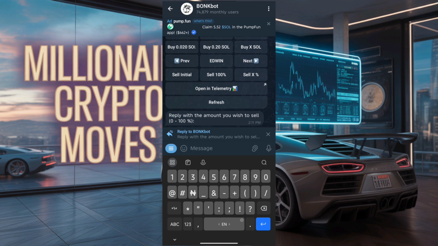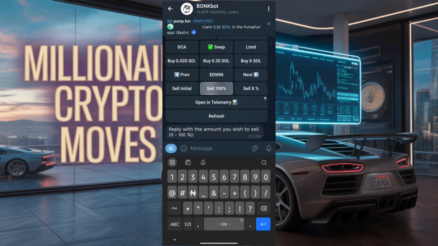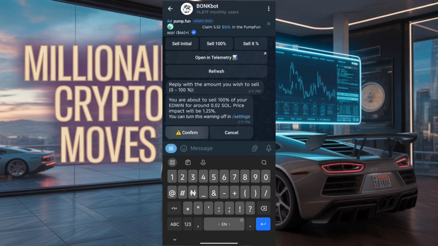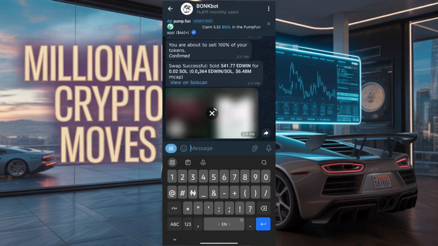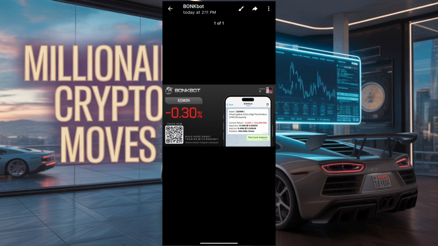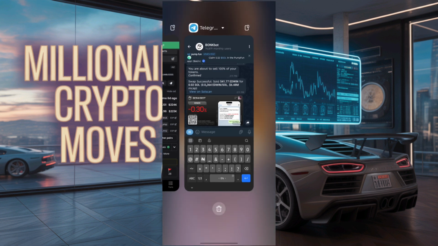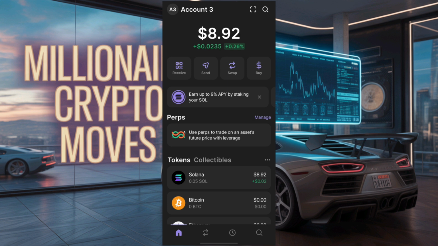So let's go back here. Let's click on sell 100. Click on confirm. Successful sell. You can see that we successfully sold all our tokens, and you can see we lost about 0.3. So guys, that's how you can actually do it. Once we come back here to our wallet,